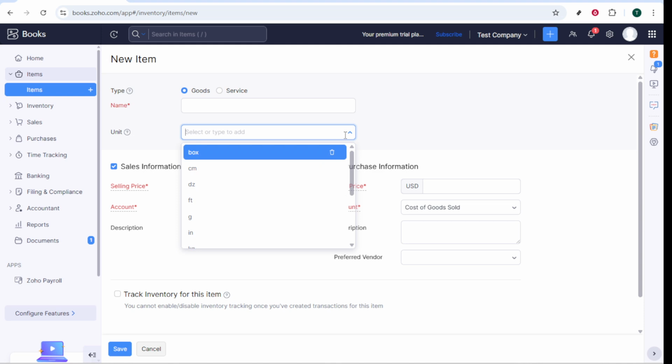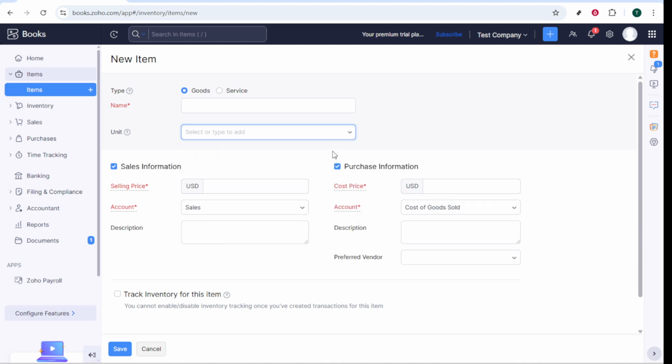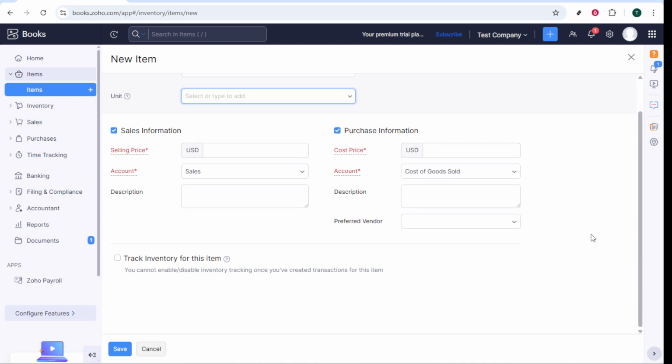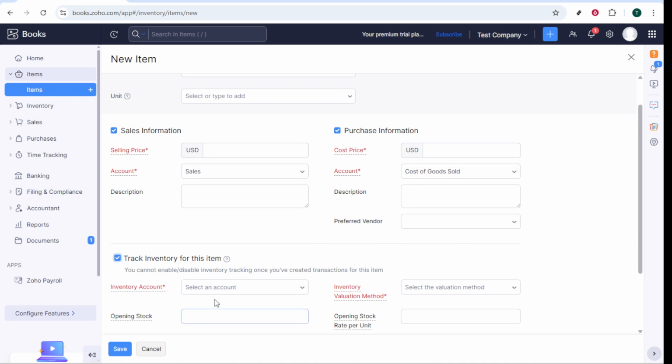Now we move to sales information. Fill out the details regarding sale price and tax preferences to ensure the item is correctly categorized for billing purposes. Similarly, head over to Purchase Information to provide data on cost price and associated taxes, ensuring seamless transactions for purchasing inventory in the future. Once all information has been filled out, click on Save to add this new item to